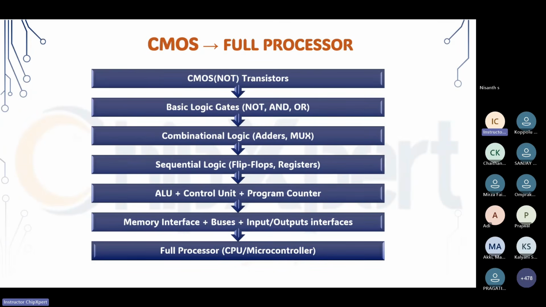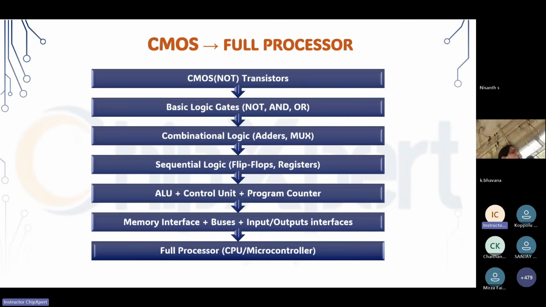The functionality of the NOT gate is that when you give an input of 0, it acts as the opposite of what you have given, so the output will be 1. Let's say you wanted to switch on, it will switch off. It acts as the opposite of what you wanted to do. That is called a NOT gate. Out of that NOT gate, they have combined it to form OR gates or AND gates. I think you might have